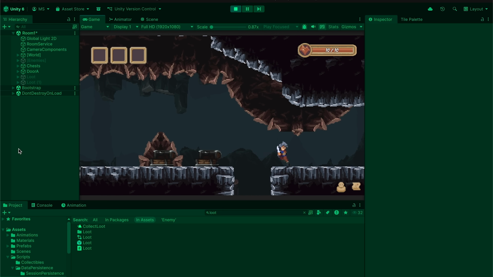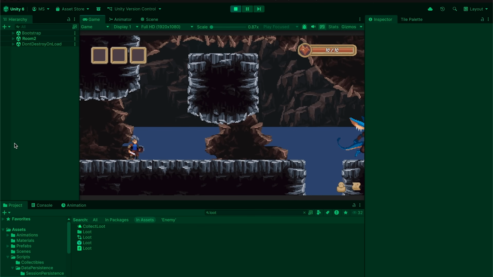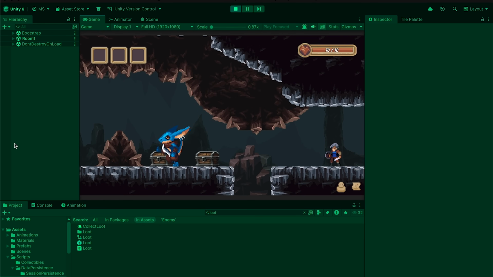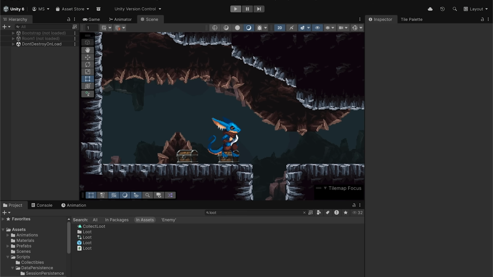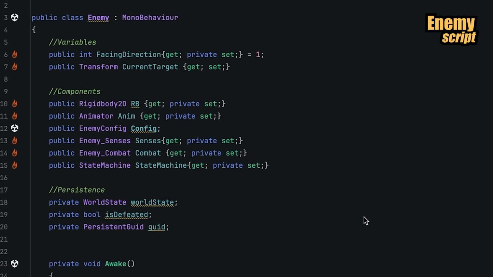Alright, now there's one little problem left, and that's just that when we leave the scene, and here my parallax is acting up a bit, and come on back, you can see that our save data is no longer loading. And that's just because our initialize from save only gets run once when the game begins. That's a problem. To fix it, what we're going to want to do is go into our scripts like enemy,